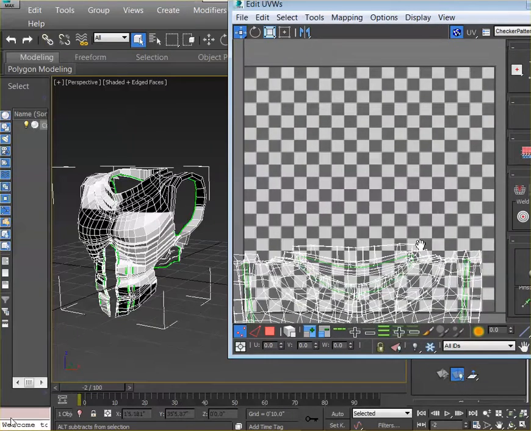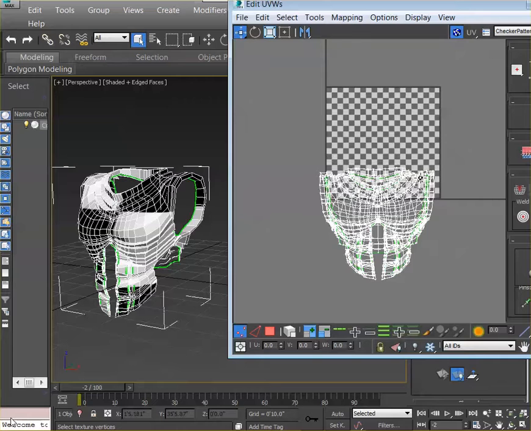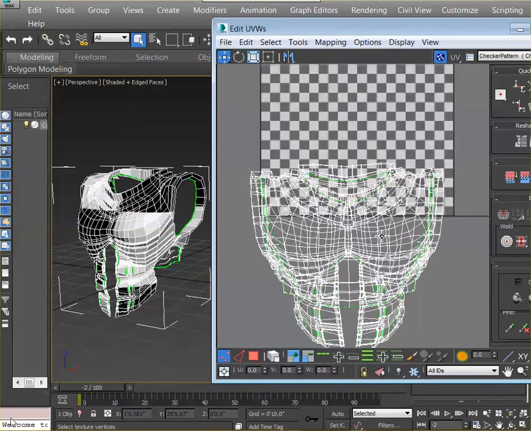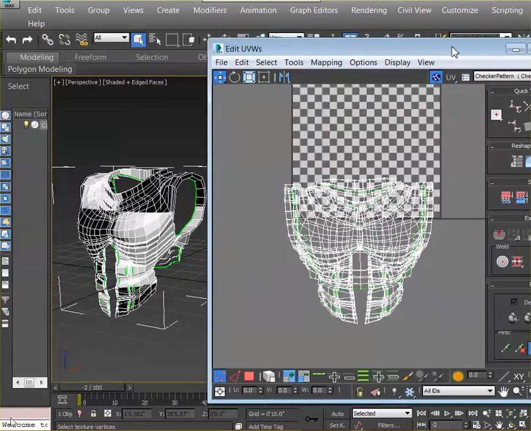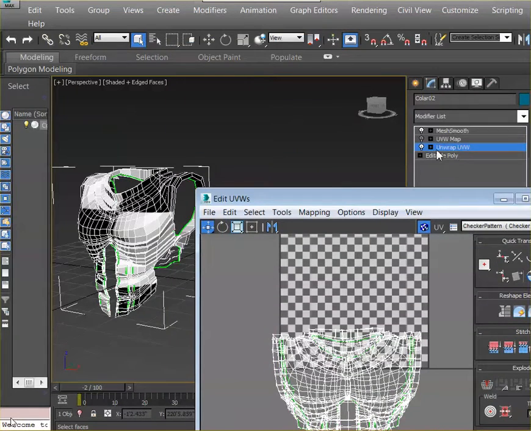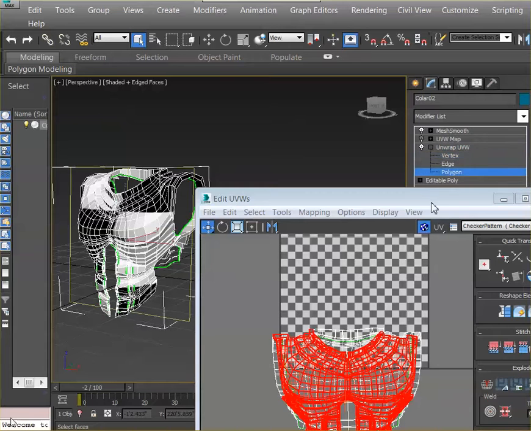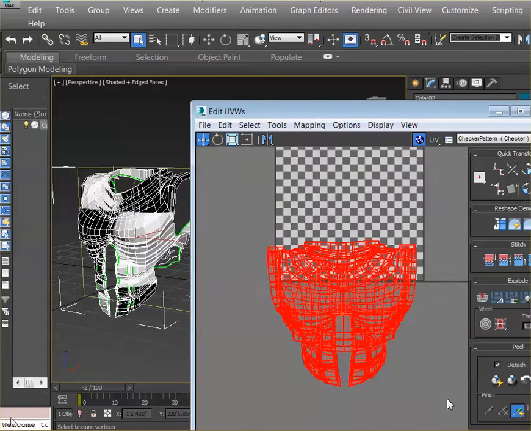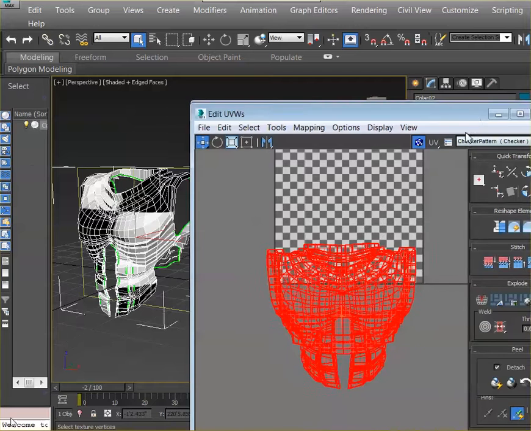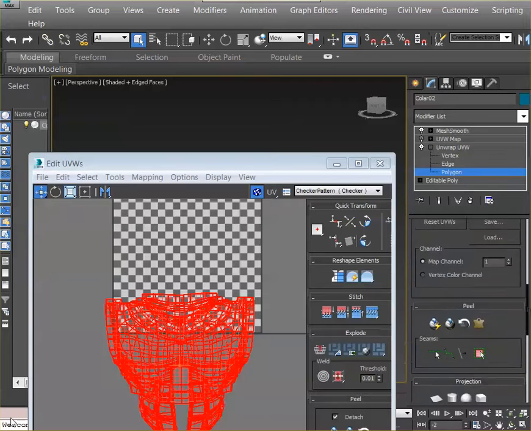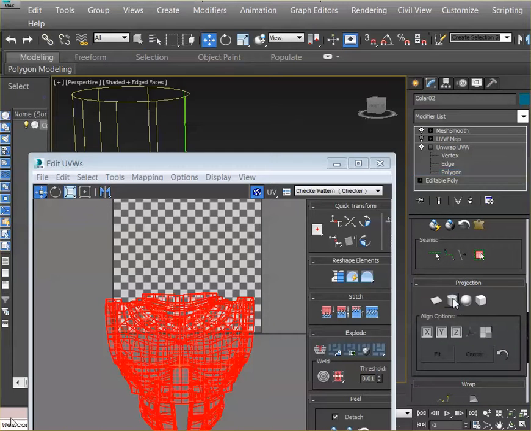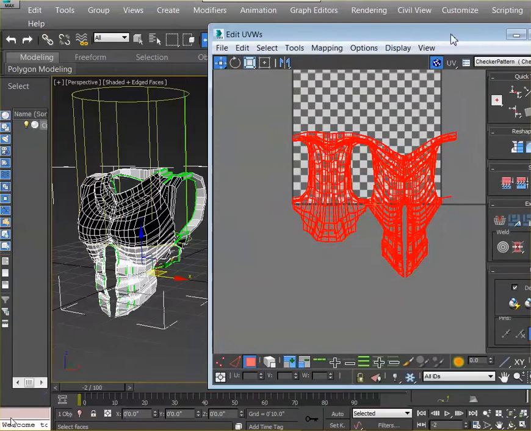And let me show you really quick a few things that you will need to work on. When you first apply it, it will look like this. It's very basic. It's not efficient because there's a lot of overlapping, so it's pretty much the front view, just no UVs layout. So what I would suggest is, on the Unwrap UV modifier, go to Polygon Mode, and make a selection on the UV editor to select all the UVs, okay, all the polygons of that UV template. Then on the options for the unwrap, go and make maybe a cylindrical projection, okay,